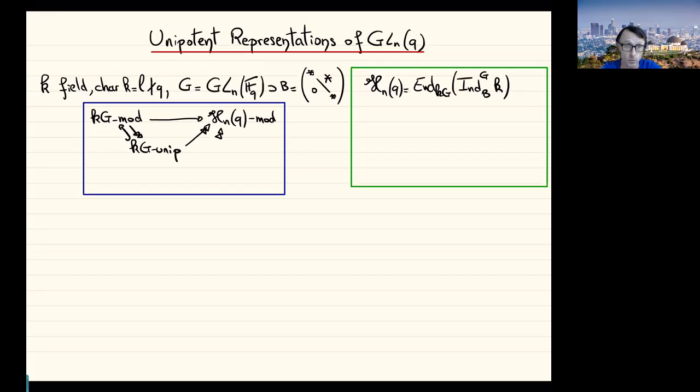of the symmetric group, for which the parameter q is really a prime power. So taking homomorphisms from this induced module defines a functor from the category of kG-modules, from representations of GL_n(q), to modules of the Hecke algebra. And